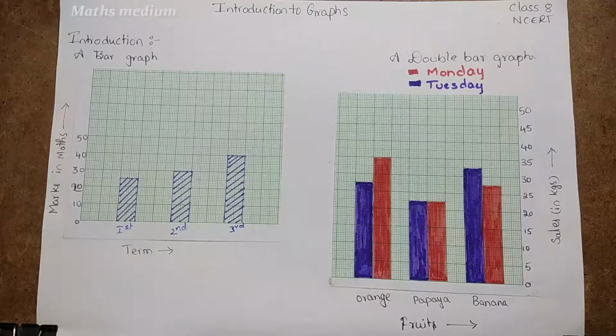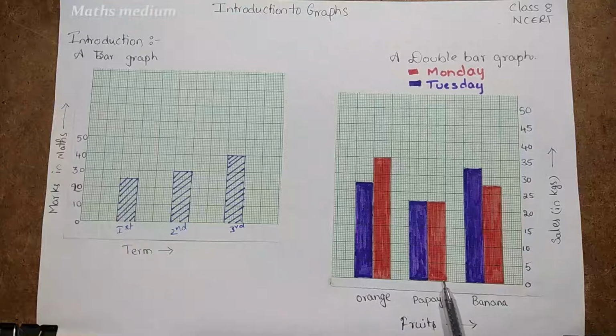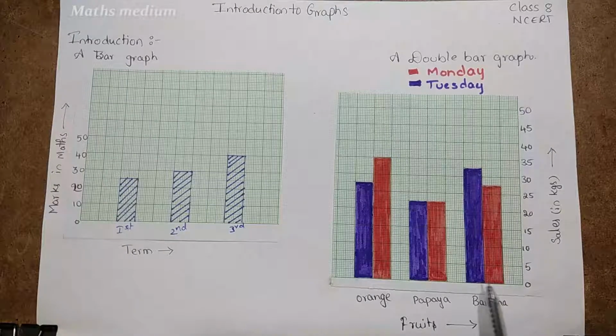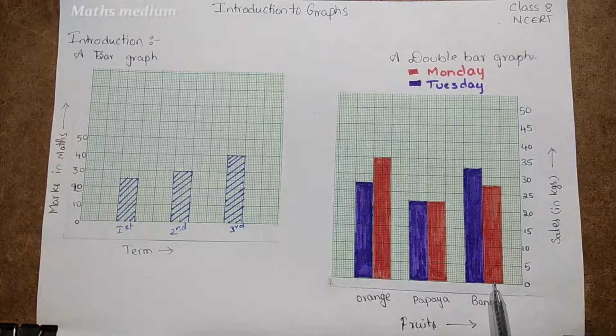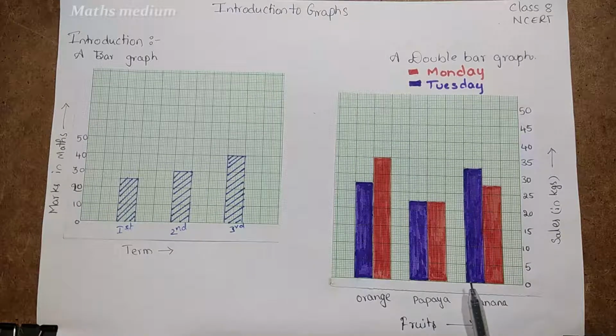From 6th class to 8th class you may be familiar with graphs from the data handling chapter. Take 6th class: you are familiar with the pictograph, that is representation of data in the form of pictures. And coming to the bar graph, that is in the form of bars with uniform equal width. And the third one, the double bar graph, comes in 7th class. It also has uniform width at equal intervals, but it is used to compare two things. So that is what is meant by a double bar graph.